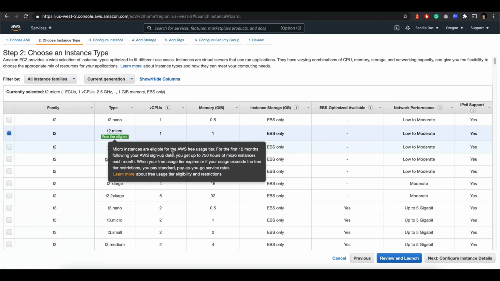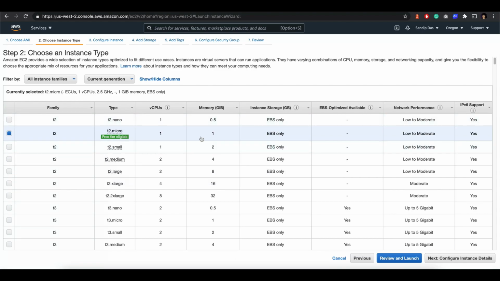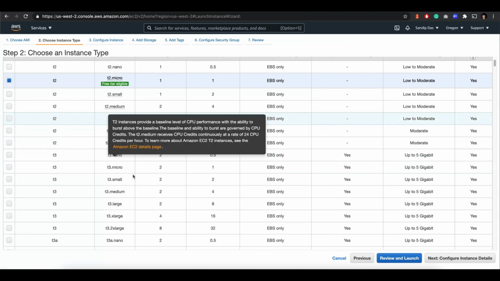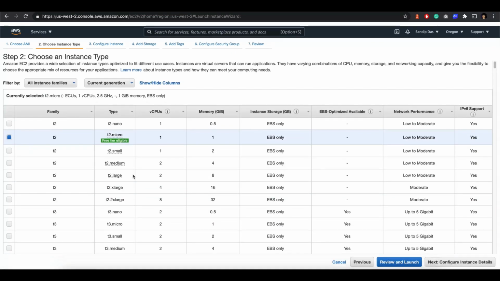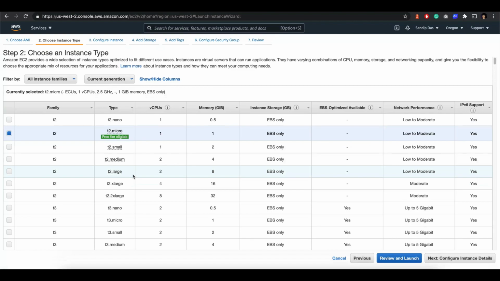But think about what your requirements are. If you need two CPUs or 2 GB, then you should go for something like T2 medium. Or if you have production requirements, you could go with an M model, or a CPU or memory optimized model, as per your application's needs. Here, just for the sake of the demo, I will go with the T2 micro.